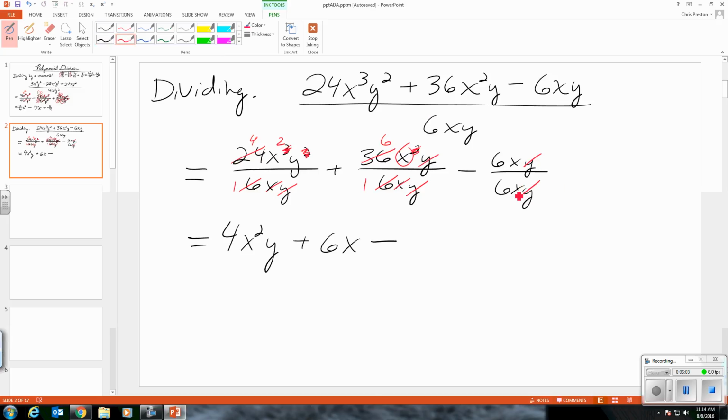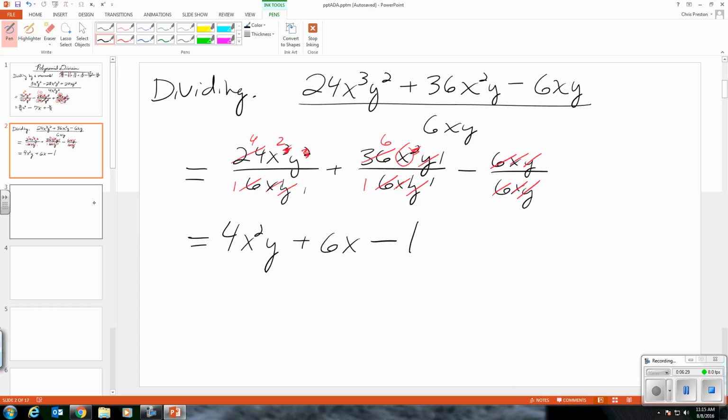Cancel, cancel, cancel, cancel, cancel, cancel. So that is 1. 6 divided by 6 is 1. X divided by x is 1. Every time we say these cancel, each one of these becomes a 1. That becomes a 1 times 1, 1. So these are all becoming 1s. I just don't usually bother to write the 1, but you can't get 0 unless you started with 0 when